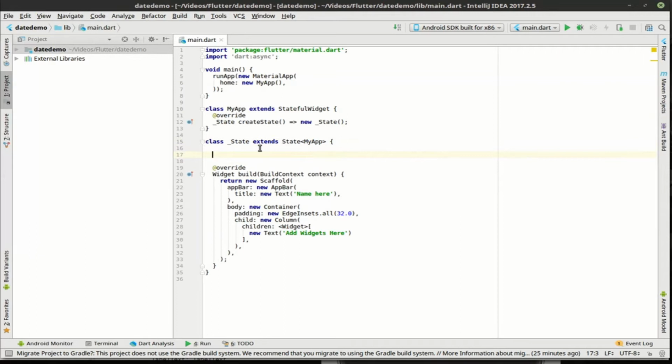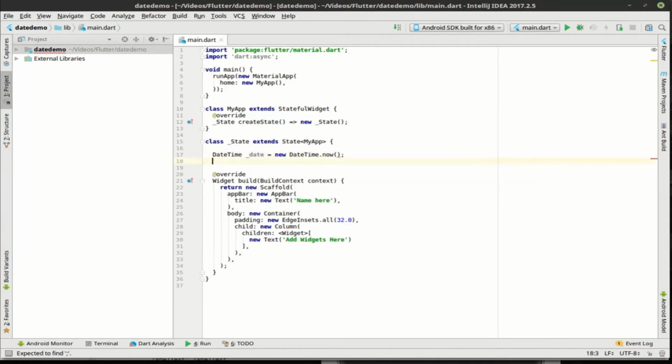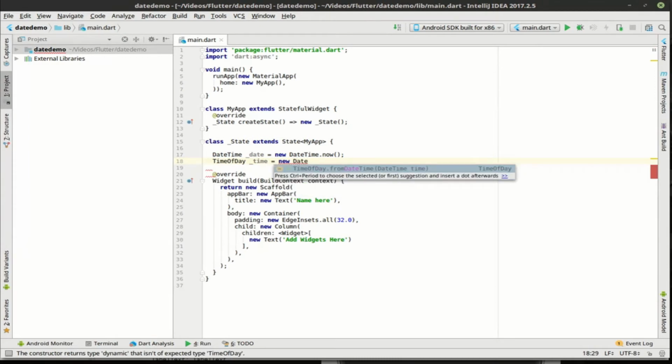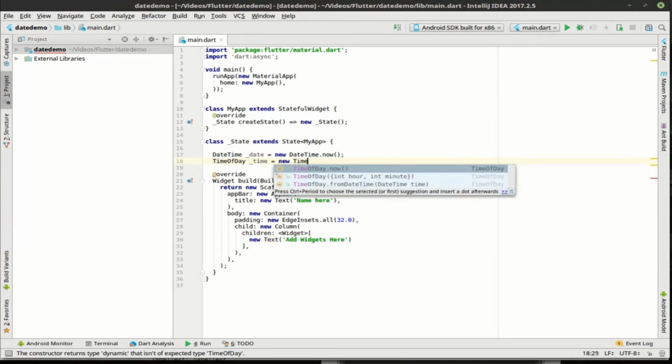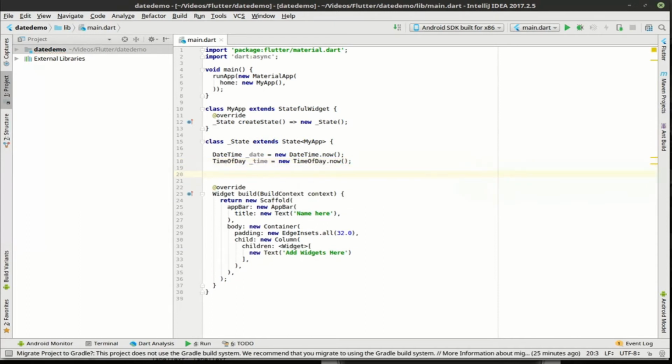And we are going to say DateTime date equal new DateTime now. And we're going to say TimeOfDay time equal new TimeOfDay, whoops, I want time of day, not that, TimeOfDay now. So we're just going to grab the current date and the current time here. Now, what we want to do is write two functions, one to grab the date and one to grab the time. So we're going to say Future,